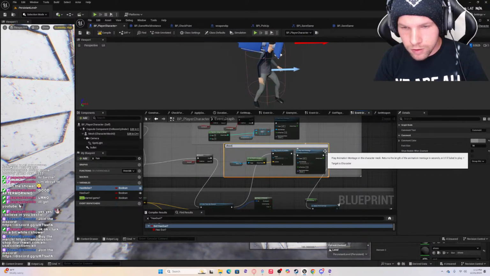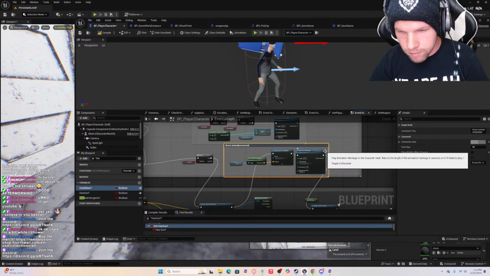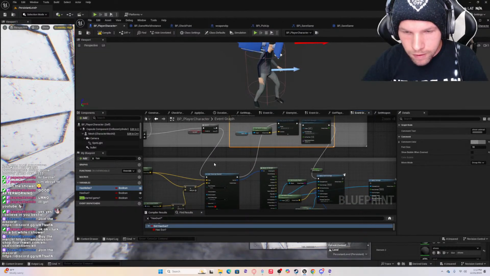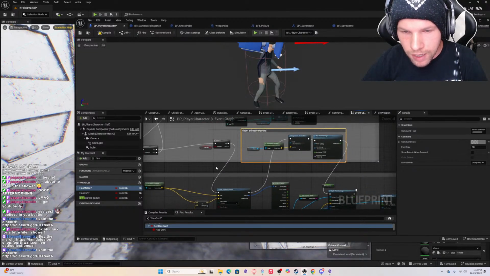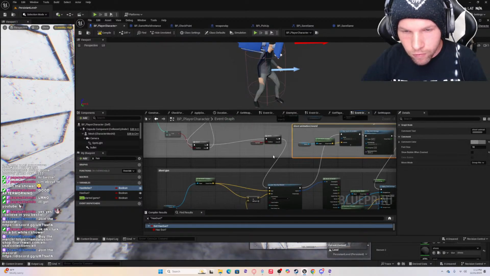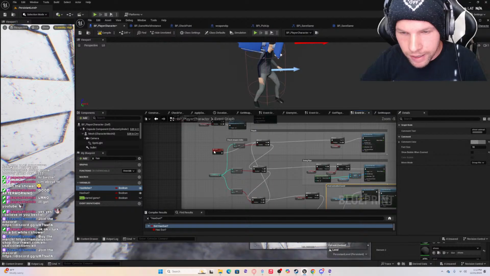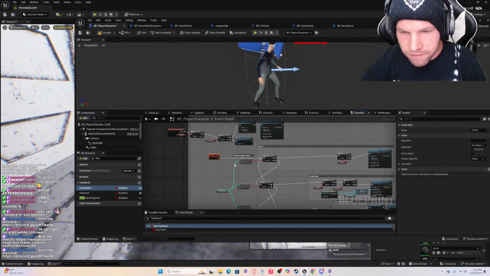Shoot. Animation and sound. Okay. Now, what happens is, if it has the gun, and the event attack is fired,